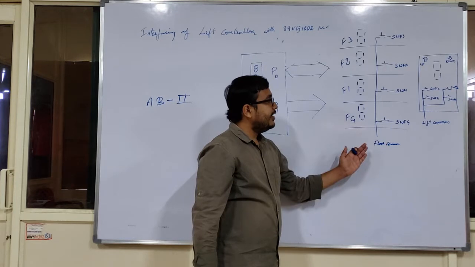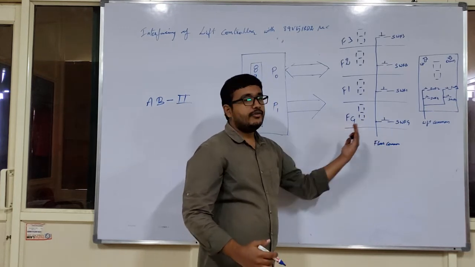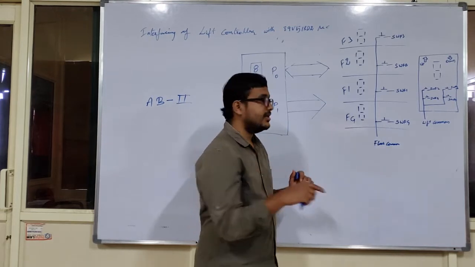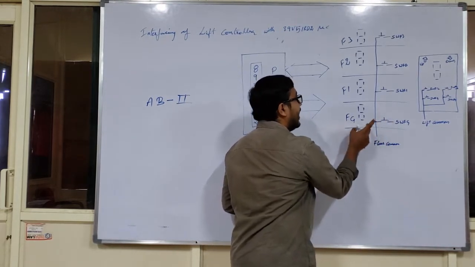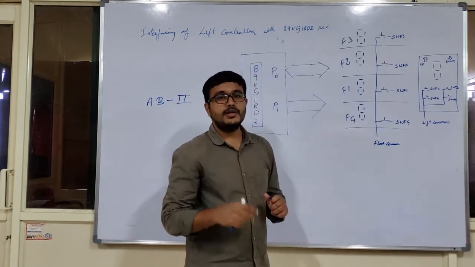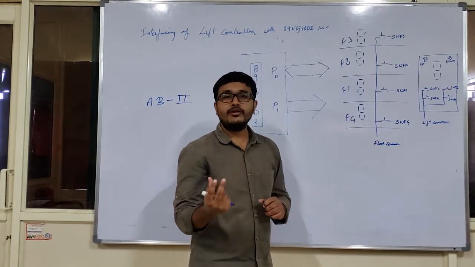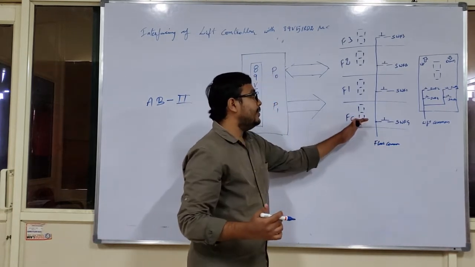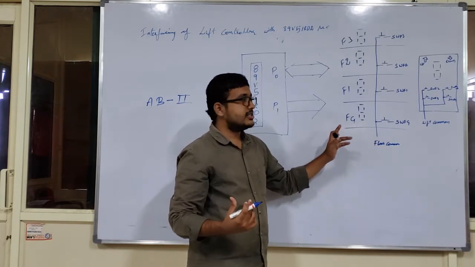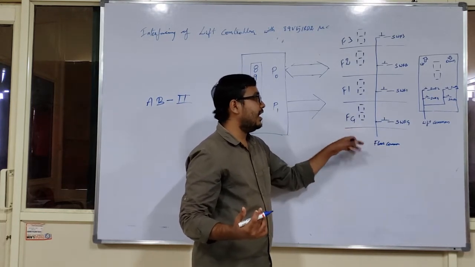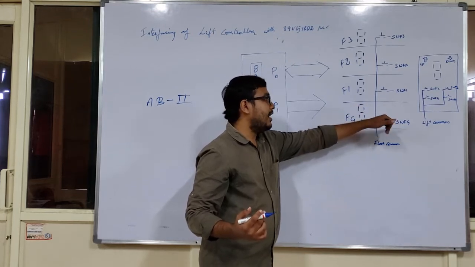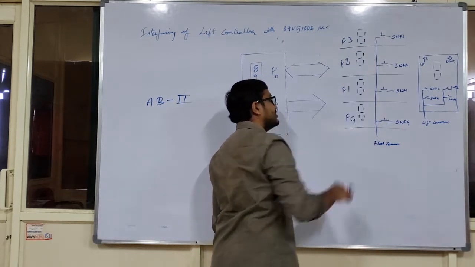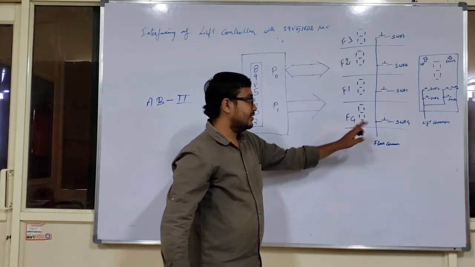So on every floor, if I am standing outside and waiting for the lift, I can find two main components. One is the push button, and the next is the status of the lift. That means the position, in which floor my lift is. I come to know this lift position by using the 7-segment display. That means outside of the lift, at each and every floor, I have a push button along with the 7-segment display. So these are the common things.